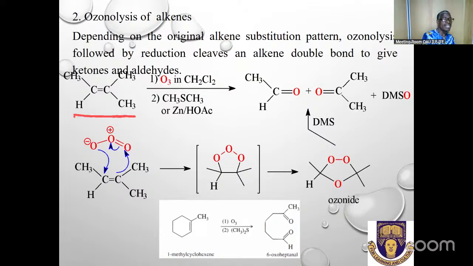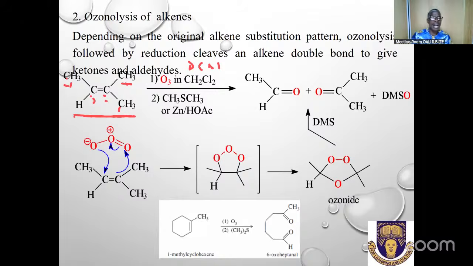This is 2-methyl-but-2-ene. 2-methyl, that is carbon 1, carbon 2, carbon 3, carbon 4. And therefore, this one is a substituent on carbon 2. So I said the name is 2-methyl-but-2-ene. Now, in the presence of ozone, O3, in dichloromethane, CH2Cl2, also known as DCM,